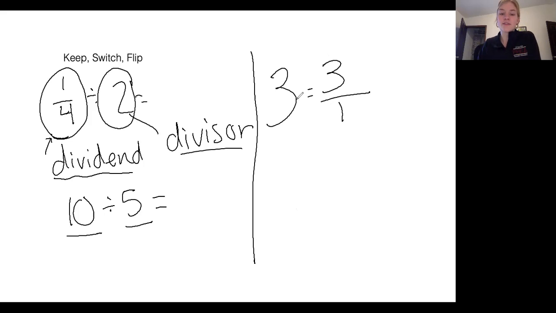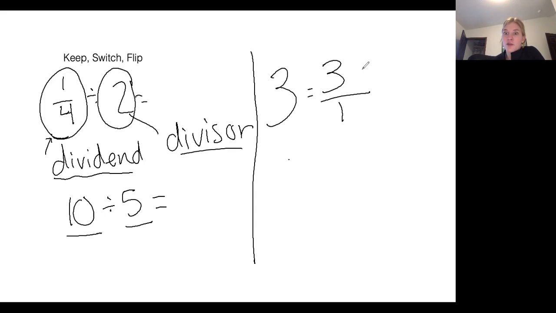For instance, if I punched 3 divided by 1 into my calculator, that's going to be equal to 3. So remember, this works because